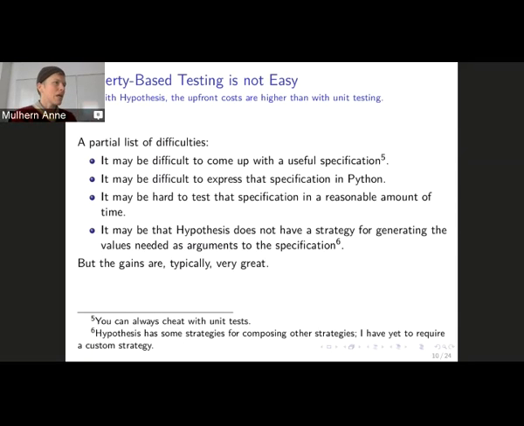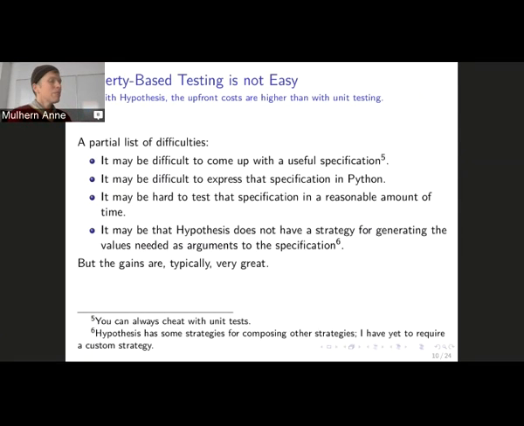And with unit tests, that problem just goes away because you can cheat. You can just write a unit test with some arguments, find out what the value of the function is, and just plug the function into the result, and then you're done. You don't have to do any thinking with a unit test if you don't want to, and then when you notice it changes, then you might have to think a bit about what was going on. But you can cheat with unit tests, and you can't really cheat with hypothesis tests.